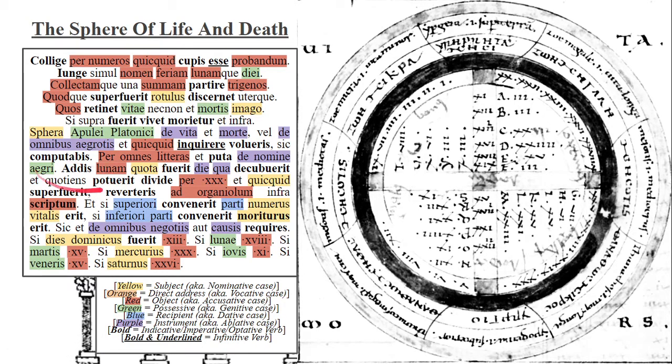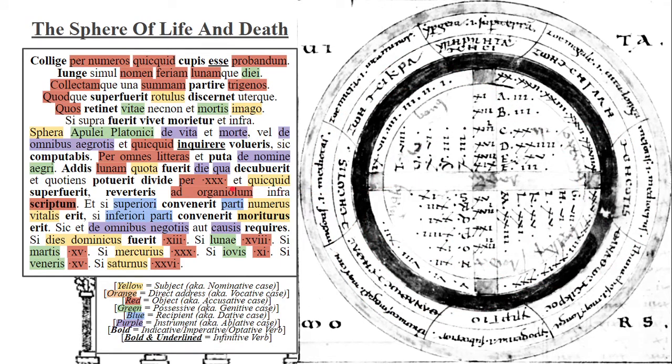Adis lunam, add on the moon, and of course this is the number of the moon, you're not literally putting the moon in. Quota fuerit, die quad cubuerit, however much it shall have been on the day in which this person fell sick. Et quotiens potuerit, divide per triginta, and however much it can be done, divide that number by 30. Et quicquid superfluerit, reverteris ad organiolum, and whatever shall remain, revert to the sort of little organ, the little wheel here,